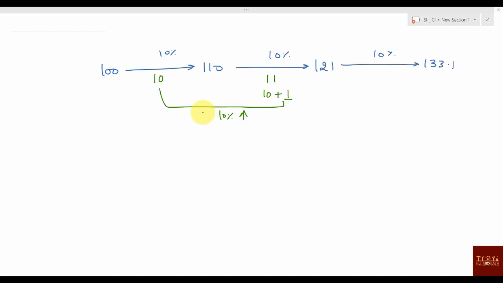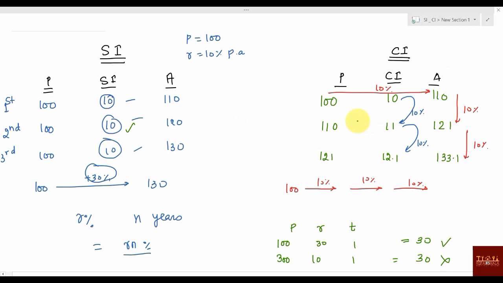Not only the principal, even the interest follows the same pattern. Compound interest per year will again be increased by 10%. And then from here, 11 to 12.1, again a 10% increment will happen. Now if you look back at the previous slide, you can say one more thing, that for the first year